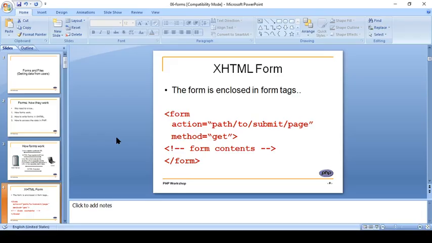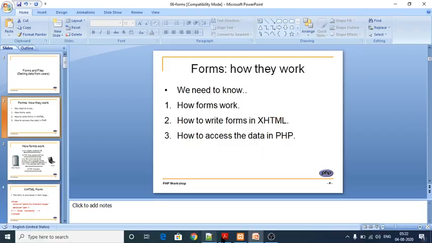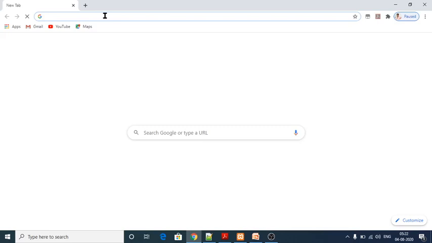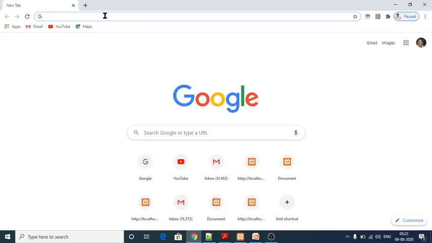So next one, we are going to see a small example for get as well as post method. See, here I am going to use the exam server to run my PHP programs. So already I have created some programs for get method as well as post method.